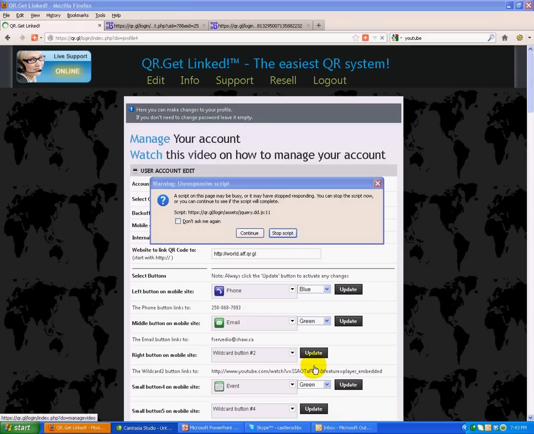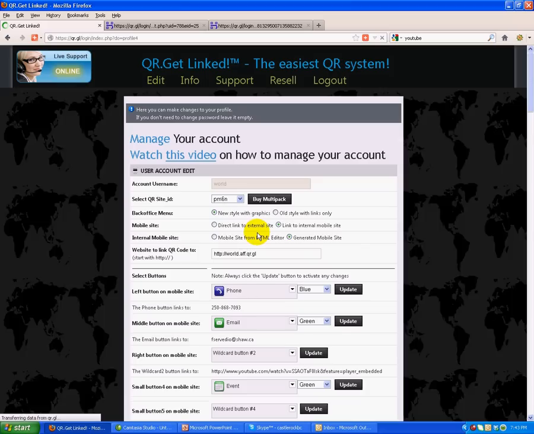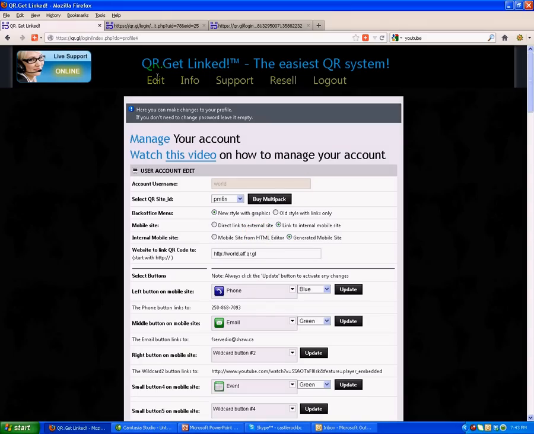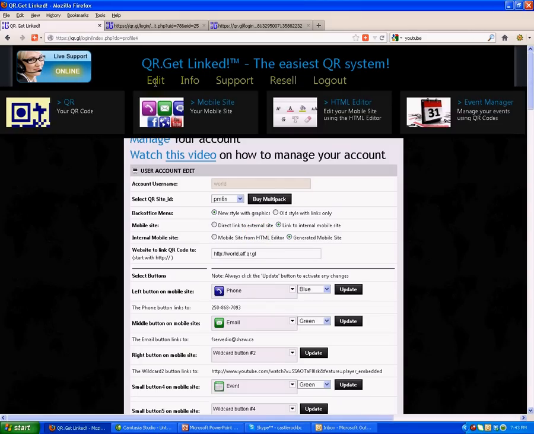Have you ever gone to a convention? Have you ever gone to a convention where you have to stand in line and they go through the old list to try to find your name? It takes forever. What we want to do with our system is to speed that up all through a QR code. So if we go to my mobile landing page,